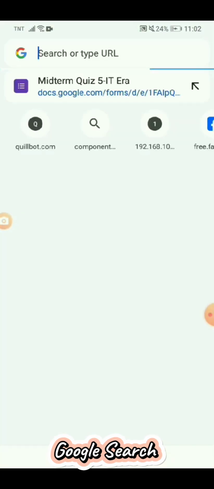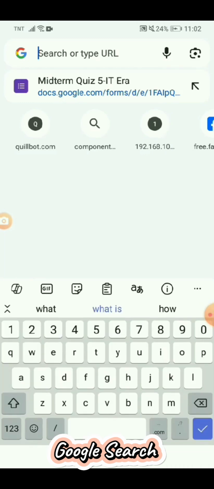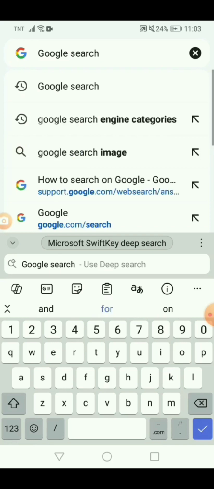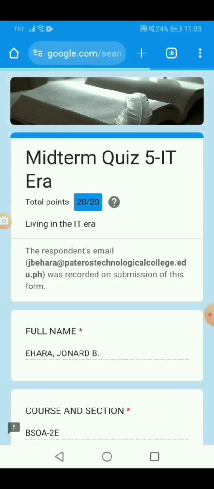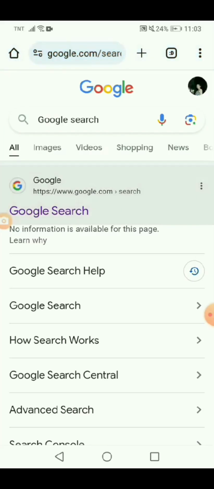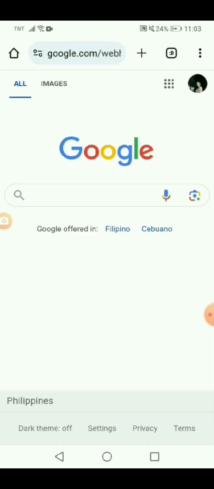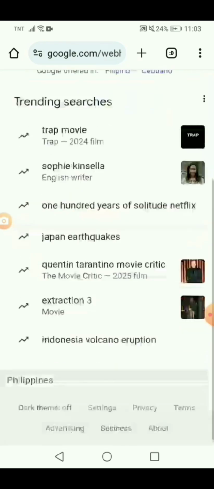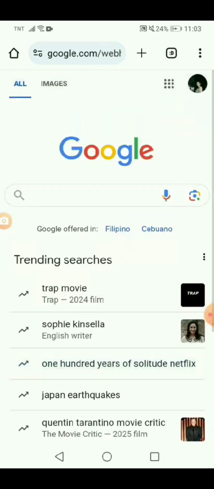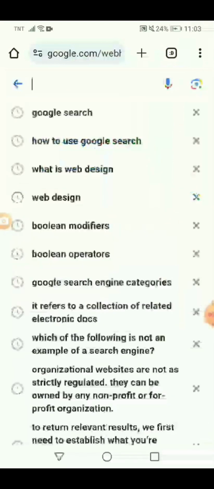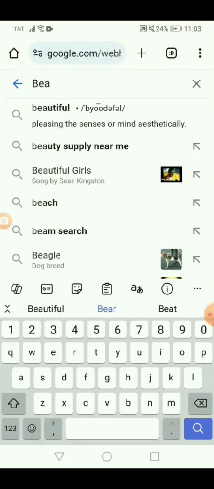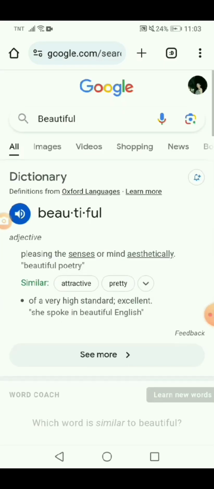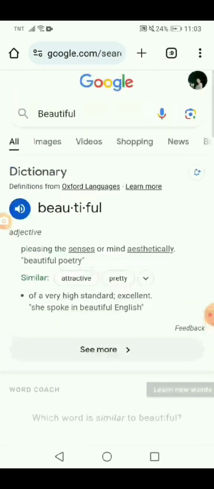First, go to the Google. Obviously, to search Google, you have to go to Google search. Then, click it. After that, you can see the Google search. Then, at the lower part, you can see the ad and the article. And go to the toolbar, enter your search term, and then review your search result.